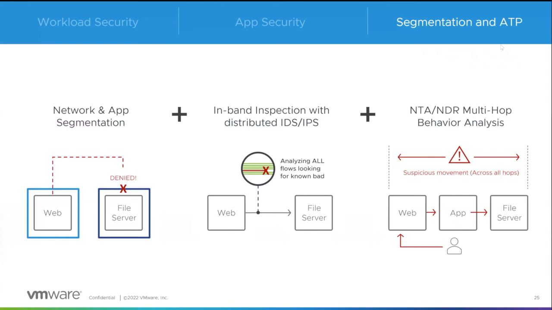Now, moving into segmentation. Segmentation blocks the obvious. Think of it almost as the initial level of policy for how your environment is going to operate. Simple things like your dev environment not being able to access your production environment. Micro-segmentation takes it down, as the name suggests, to a smaller level of segmentation where potentially each individual application has its own boundary. So again, only specific applications can talk to other resources based on your network and security policy.